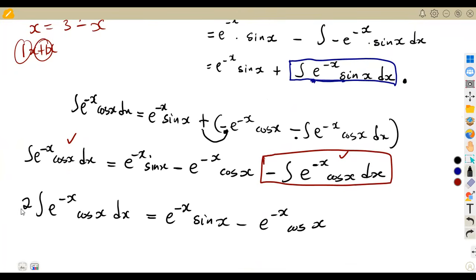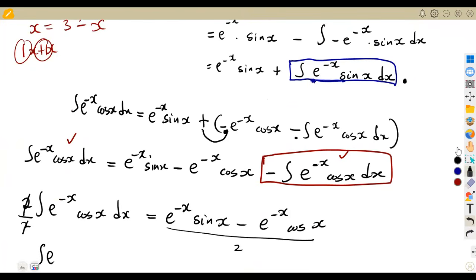So how do I get rid of these 2? I just have to divide by 2. And the moment I divide by 2, it's simply divide by 2 here. So here I'm just going to divide everything by what? By 2. So that means this will cancel. I remain with the integral